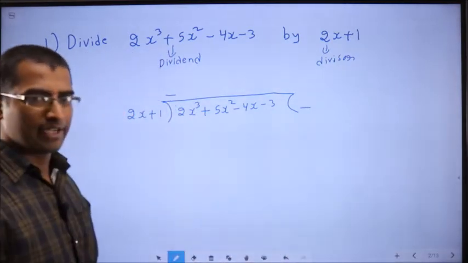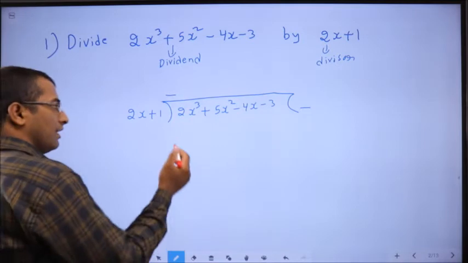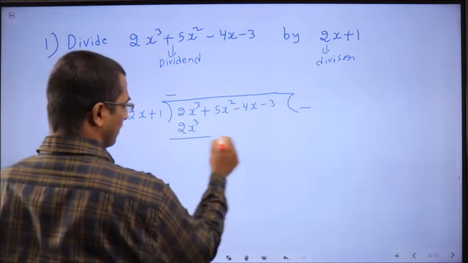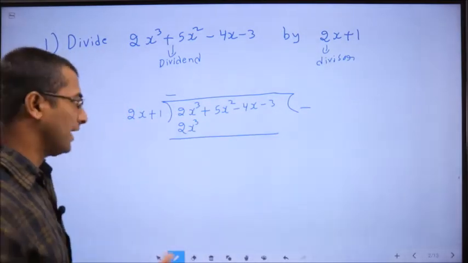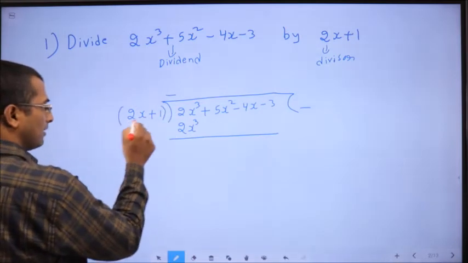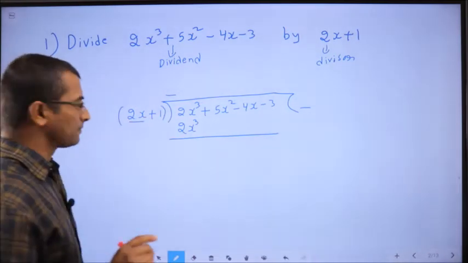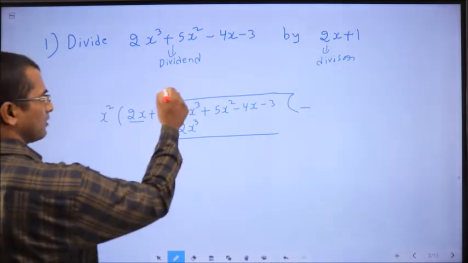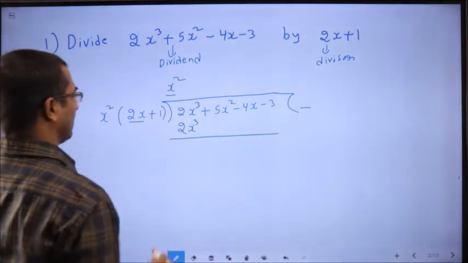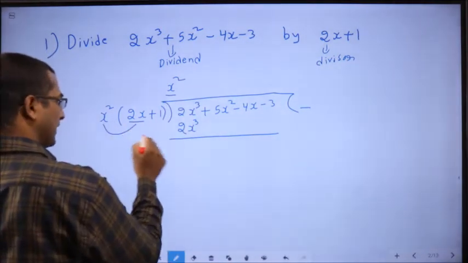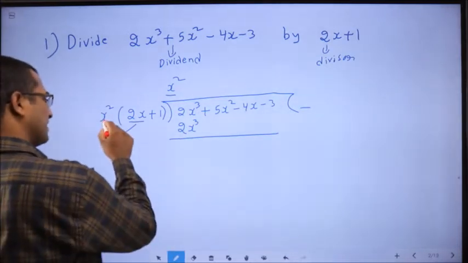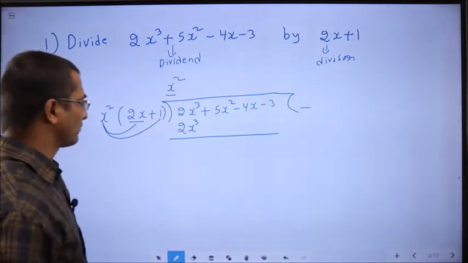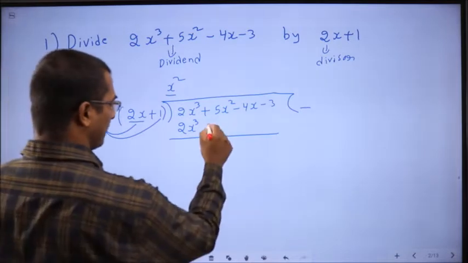It will not make any difference. Next. Here 2x cube, under this also I should get 2x cube. That is the first rule. Next. This should be multiplied with what? Such that I get 2x cube. Here 2x I already have, this needs to be multiplied with x square. So let us write quotient here, x square. Then x square into 2x will be 2x cube. I just can't multiply this only to this one. This also needs to be multiplied to this one. So x square plus 1, I get plus 1x square.